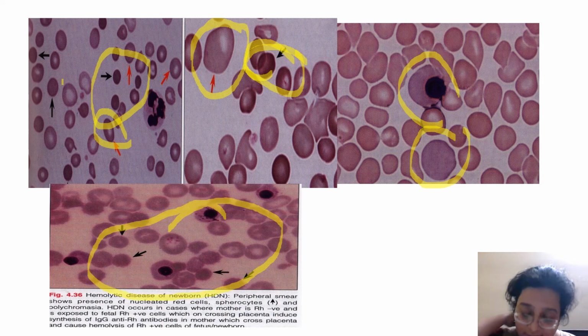This is HDN, hemolytic disease of newborn. This picture you will get in any hemolysis. NRBC, again I'm repeating, polychromatophils, NRBC, schistocytes. This kind of a picture you will get in any hemolysis. You might even get a leukoerythroblastic picture, especially in hemolysis associated with thalassemia, etc. When it is very severe, you might get a leukoerythroblastic picture also. You might get aggregates and clumps of RBCs on your smear, making it 100% confirmed that this has to be an agglutinin, causing the RBCs to clump and come as bunches of grapes in the smear.